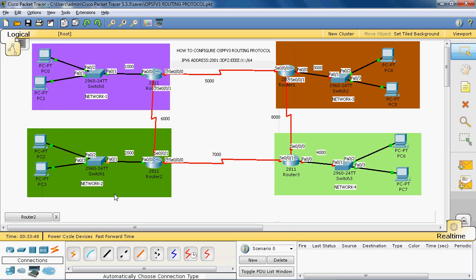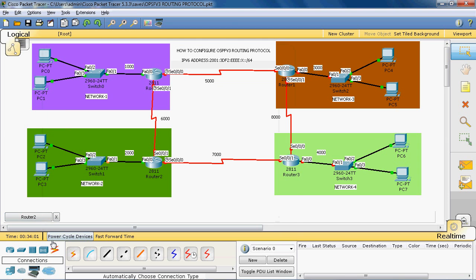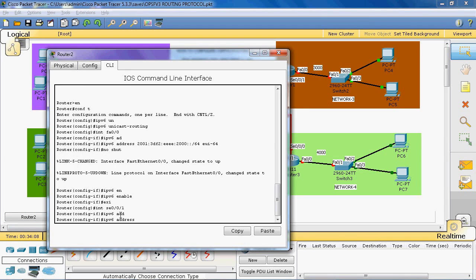Okay. In network 2, the local area network, we can assign the IP version 6 address. Now we can assign the IP version 6 address to WAN network. So we can go to that particular interface serial 0/0/1. So the syntax for assigning IP version 6 address is ipv6 address 2001:3DF2:EEE: So the net ID is 6000. Here we can give 6000: